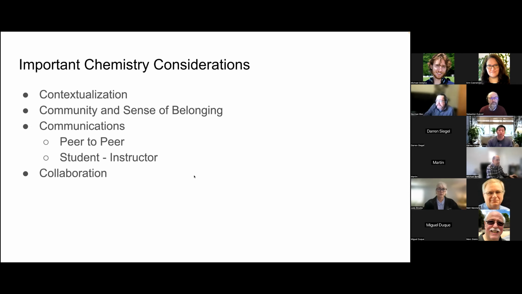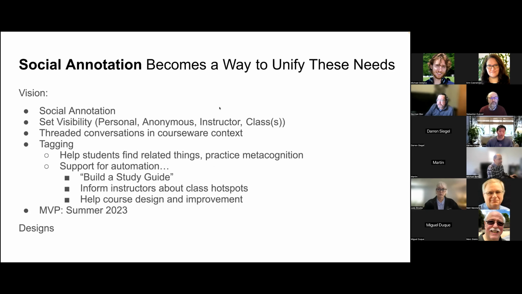And so we've really been thinking deeply about what are the kinds of collaboration supports that we want to put into place for this chemistry exemplar. Our vision has been that social annotation becomes a way to unify these needs, both the drivers of our implementation of collaborative spaces, but specifically how this is going to be realized inside of our